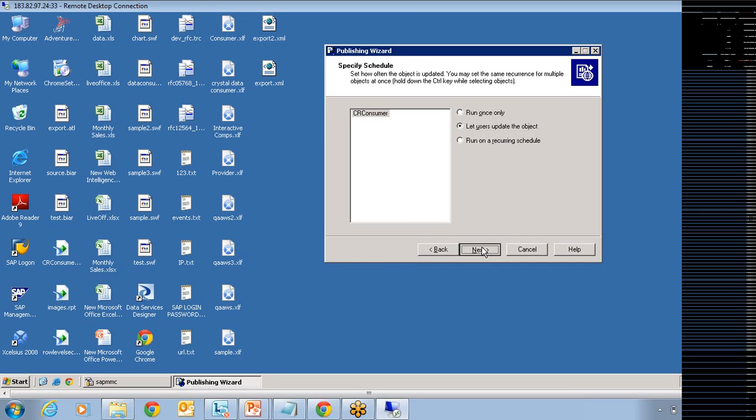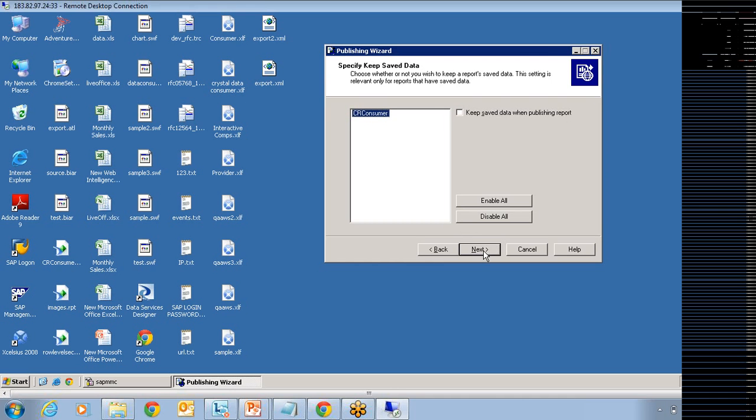So now, click on Next. Now, if you have any repository objects, one example that we have seen is using the company logos from the repository folder. If you have any repository objects used in your Crystal reports, make sure that you check this option so that it's going to refresh your repository objects before it refreshes your report.